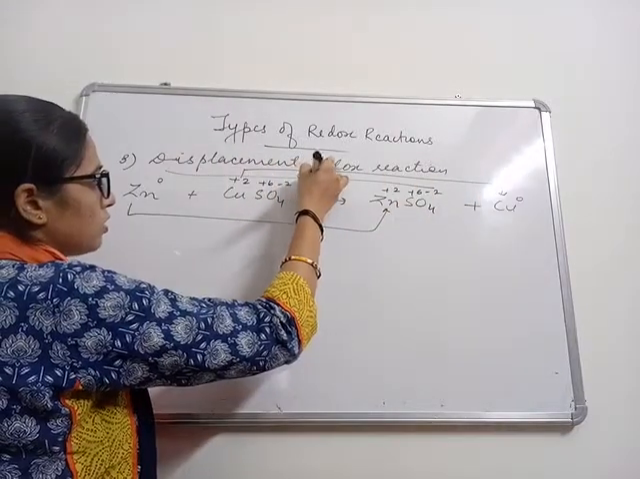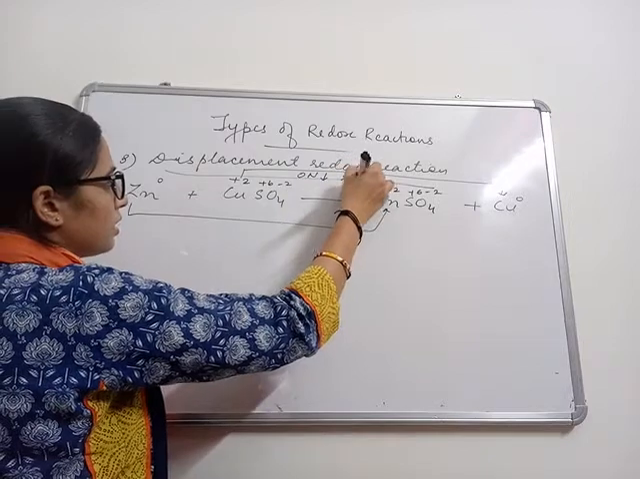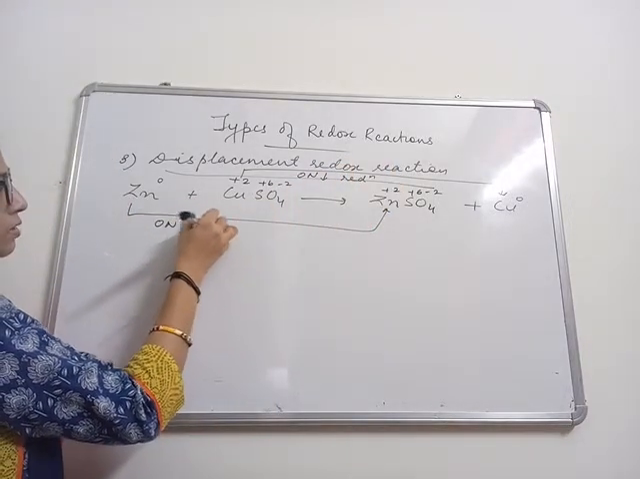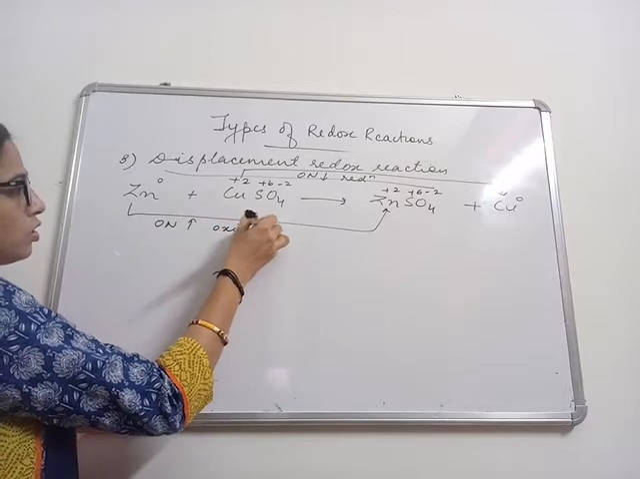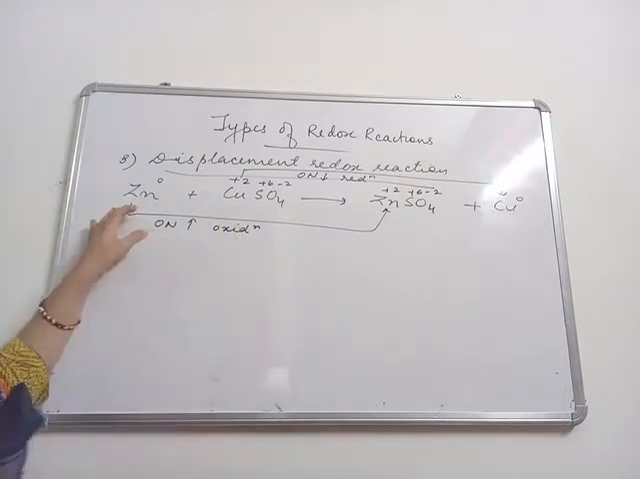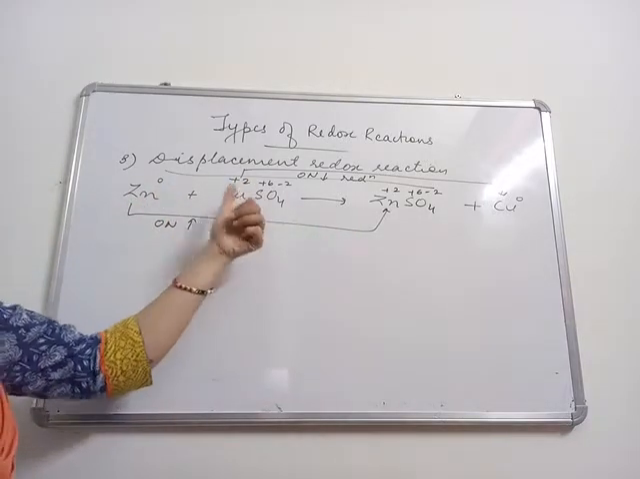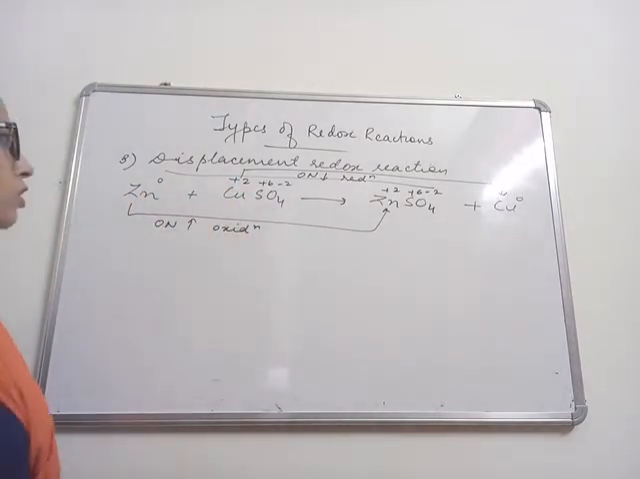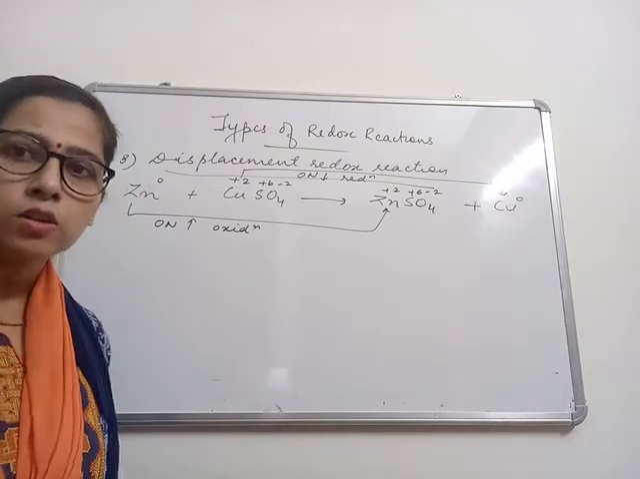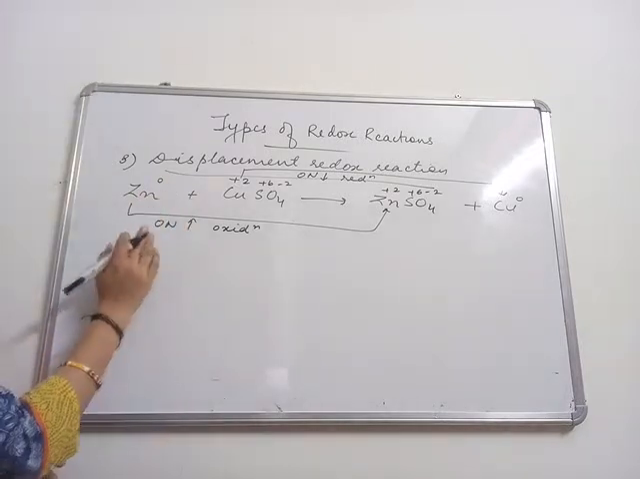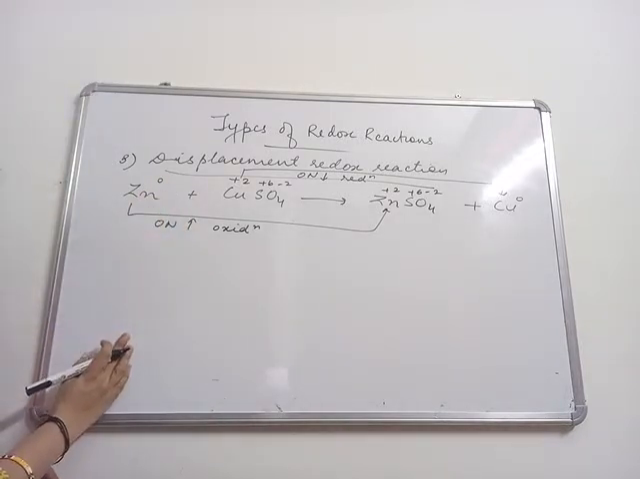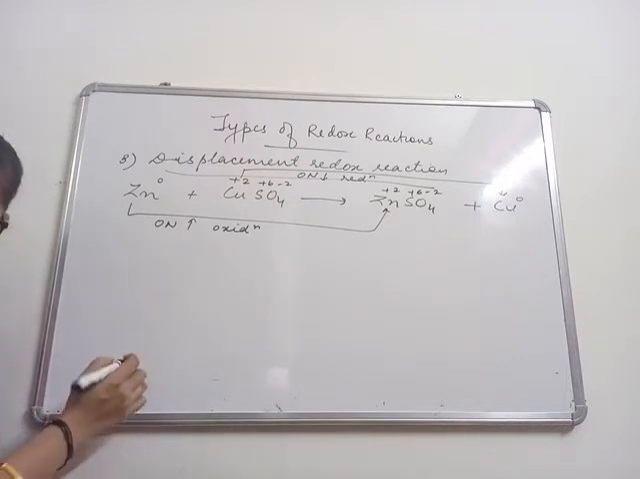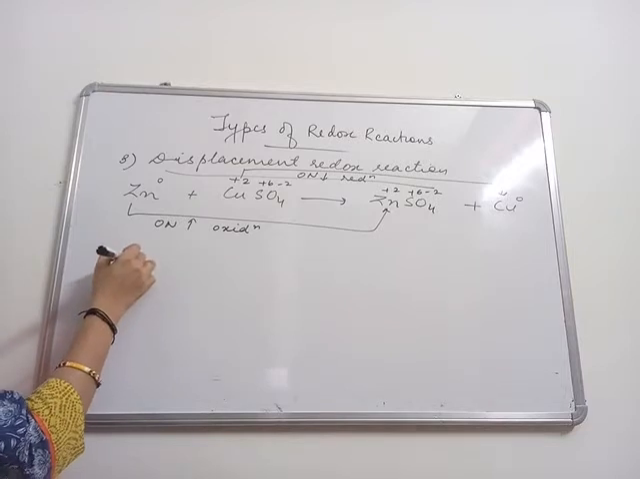So the oxidation state of copper is decreased, that is, it undergoes reduction, and the oxidation number of zinc increases, so it undergoes oxidation. So zinc is oxidized readily, that means it's more reactive, and the copper ion is readily gaining electrons, it undergoes reduction. So this is a displacement redox reaction. It is a displacement reaction and also a redox reaction. Next reaction for the displacement redox reaction is the reaction of